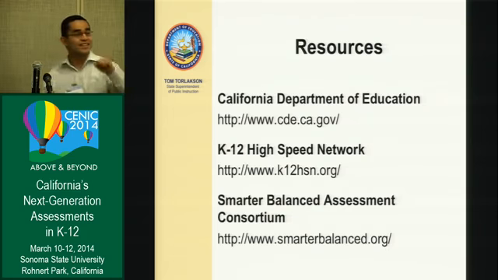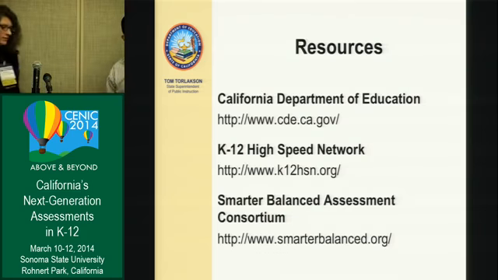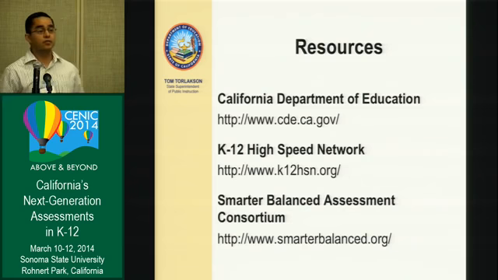There's a question back there. You want to ask about the secure browser? What is it built with? Open source technology? It's basically a stripped down version of Firefox, programmed by AIR.